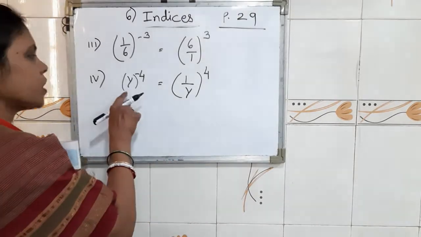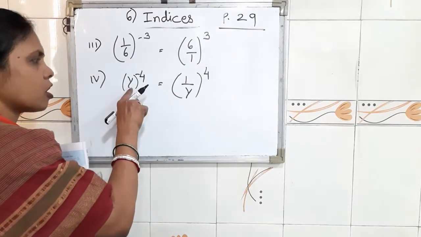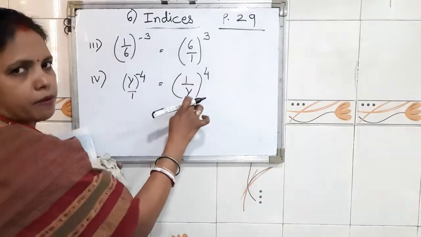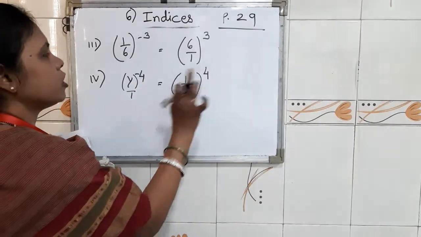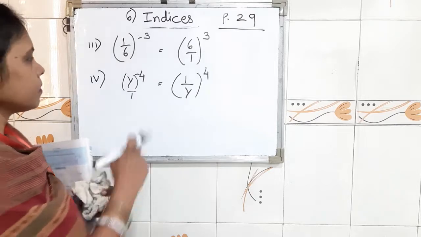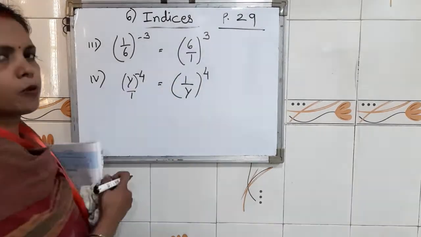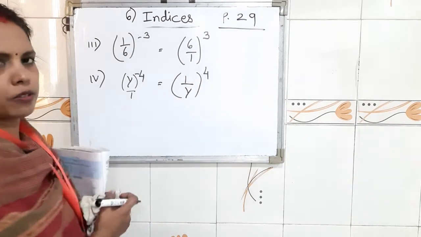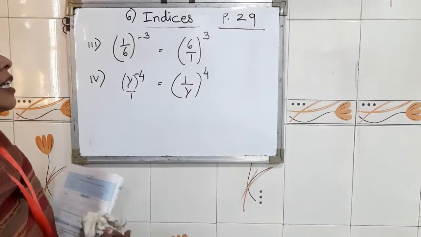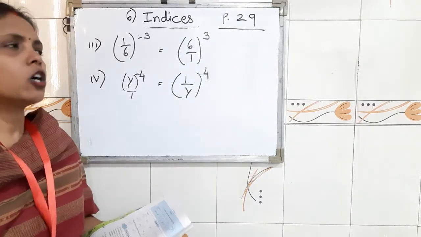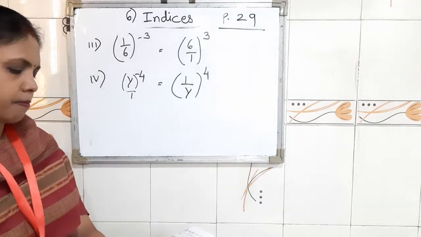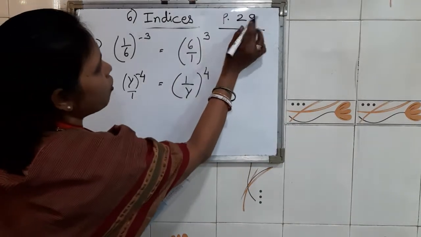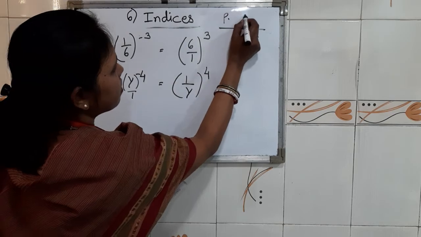Suppose we had written 1, then the reciprocal of y by 1, that is 1 by y, and the index converted into a positive index. Negative index converted into positive index. Therefore, your answer is 1 upon y raised to 4. I hope related to practice set 29, you all understood the given sums. Now we are going to move further to our practice set 30.